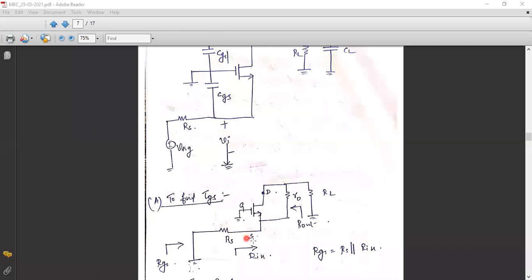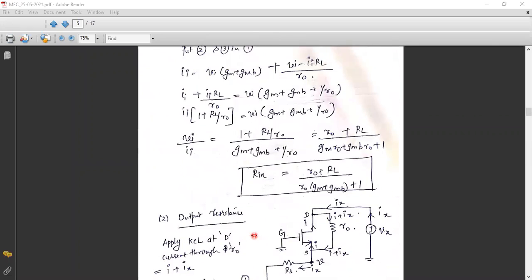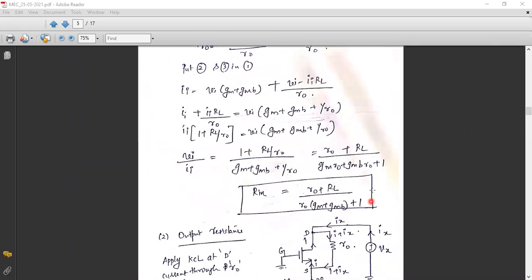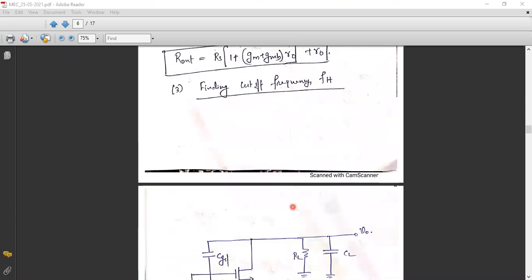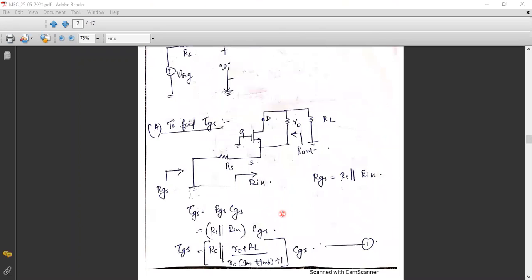So this is the physical resistance that you are seeing across the ground and the source, that is RS. So this RGS can be written as RS, along with one more resistance, the input resistance Rn, which is parallel to RS. RGS is the resistance obtained after looking across the CGS terminals, so that will be RS parallel Rn. But what is Rn? That you have already derived in yesterday's class. So take that result and substitute here and finalize the equation for RGS.